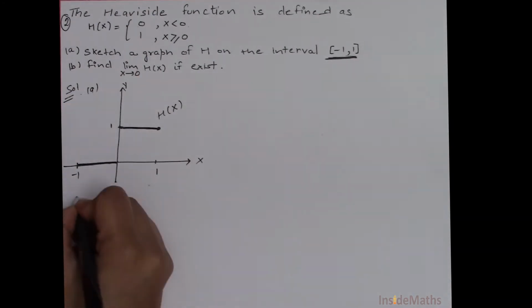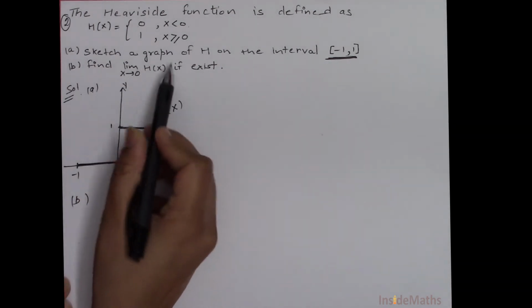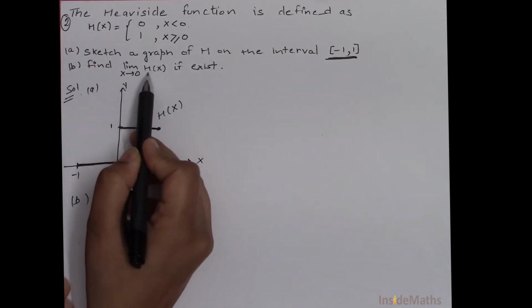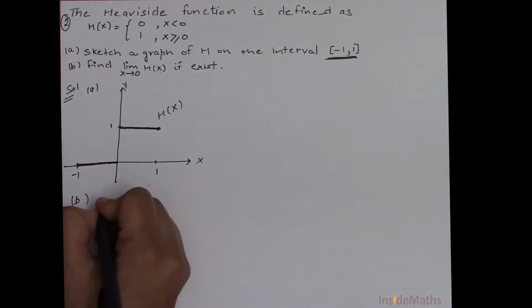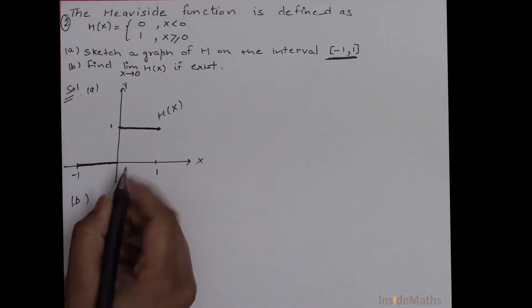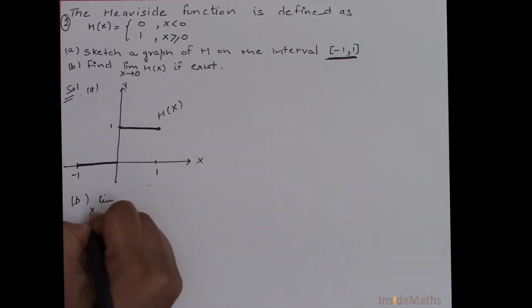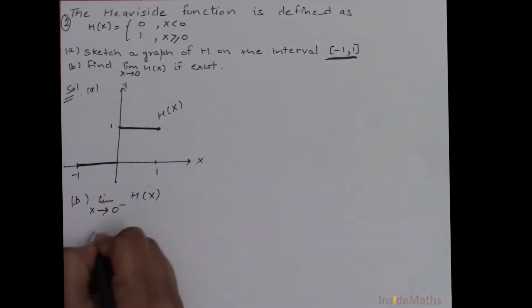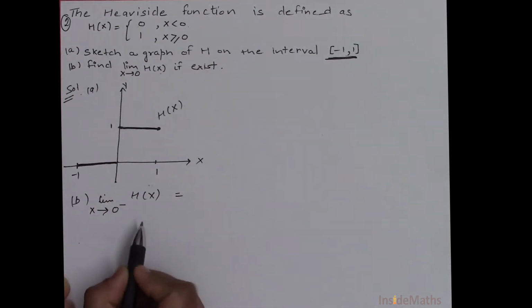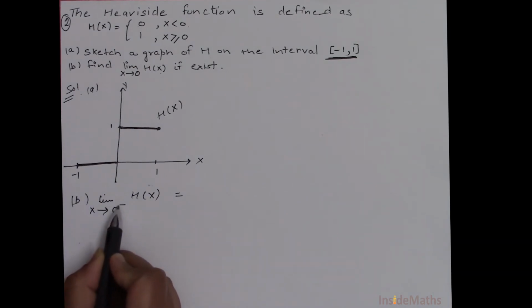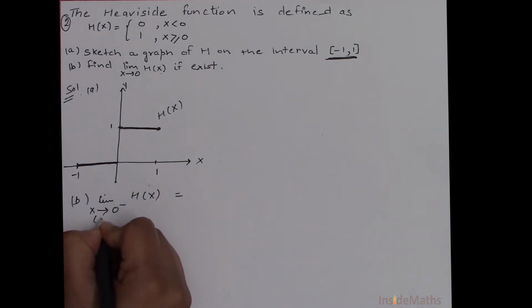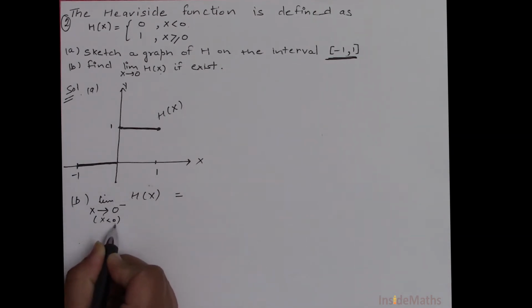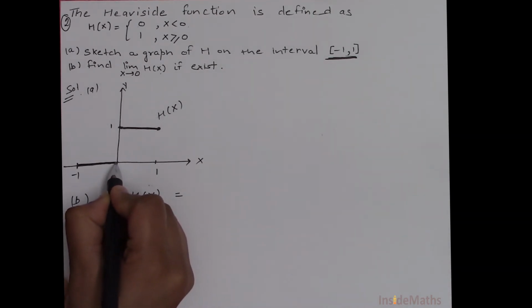Now next part, B. We have to find the limit as x approaches 0 of h of x, if it exists. So to find that, first I will have to find the left side limit of h of x. That means x approaches 0 from the negative side, that means when x is very close to 0 but negative, then the value of h of x is 0,